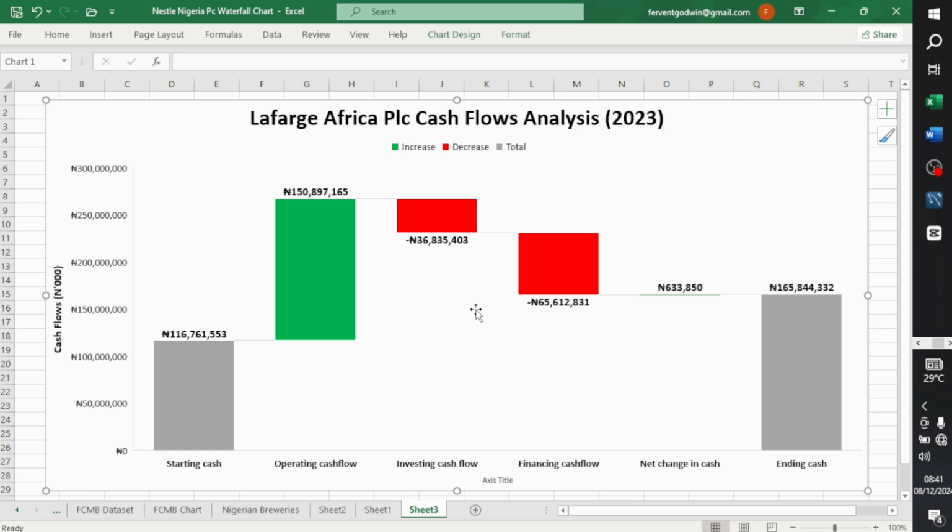It indicates that a company is using more cash for financing activities than it is generating from those activities. Some financing activities could be issuing or repaying debt, issuing or repurchasing equity,